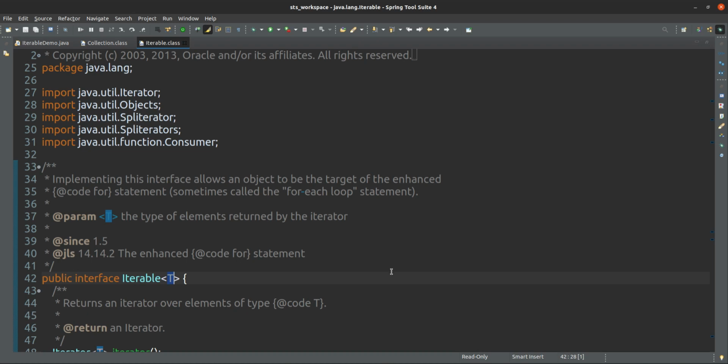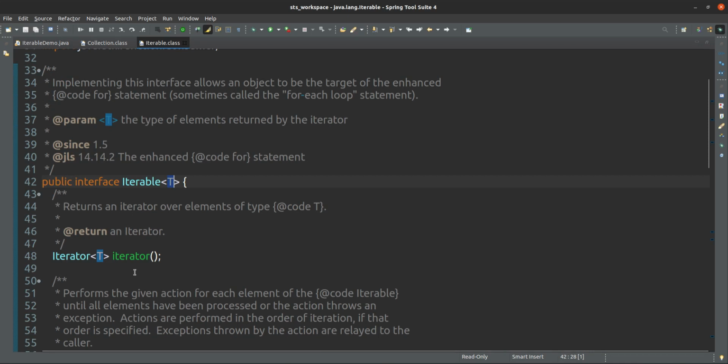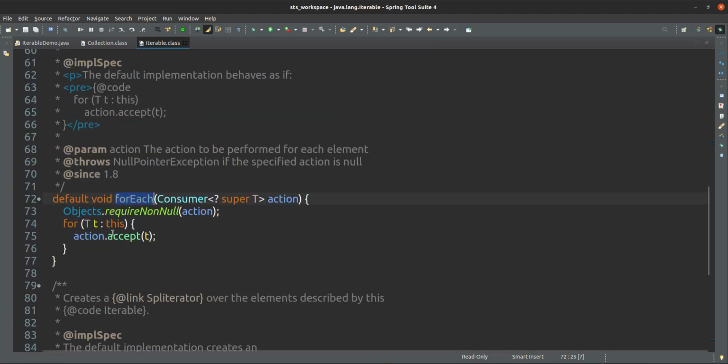So many elements will be there, and here one iterator is there. Iterable will return an Iterator. What will the Iterator do? The Iterator is used to iterate the elements. Iterable has one method, iterator, and forEach is also there.